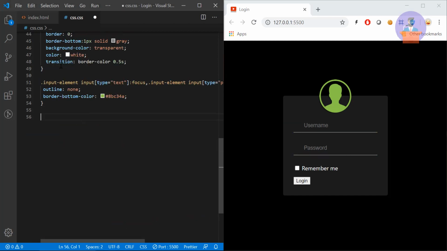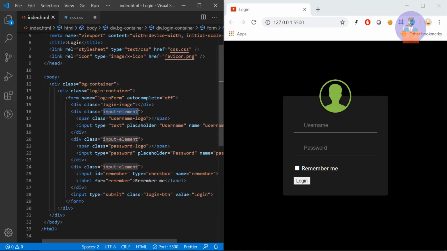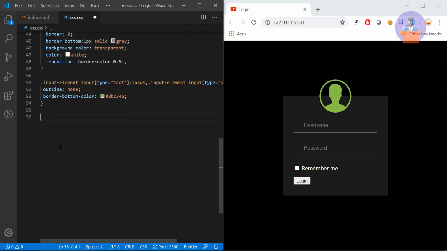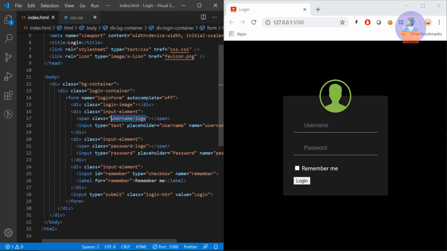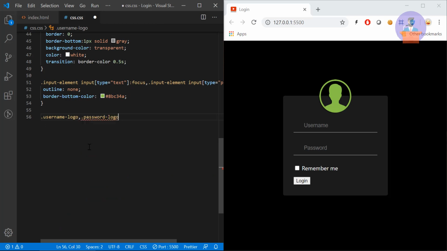So now let's provide icons for username and password. So we have added these span tags, a password logo and a user logo. So I'm just going to copy this class and paste it over here. The CSS will be the same for the password logo, so I'm copying this class and pasting it with the username logo class.